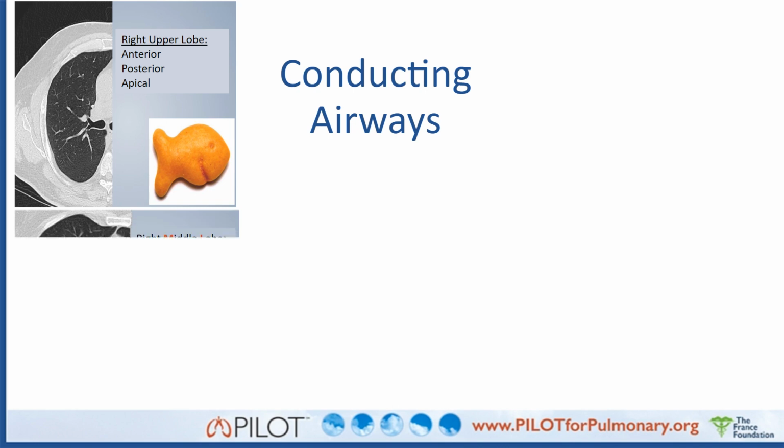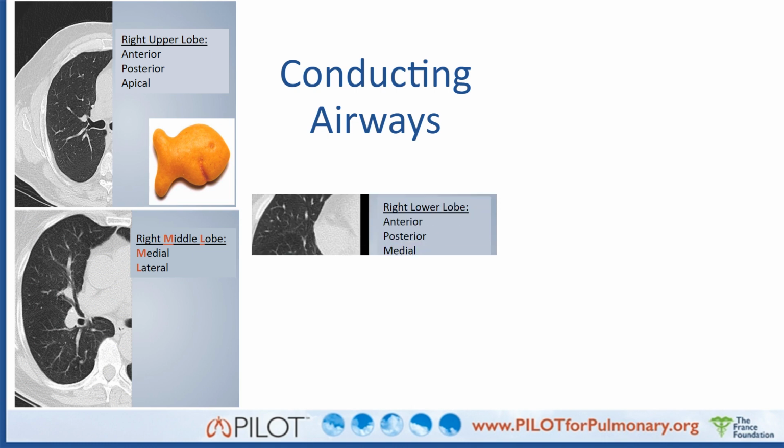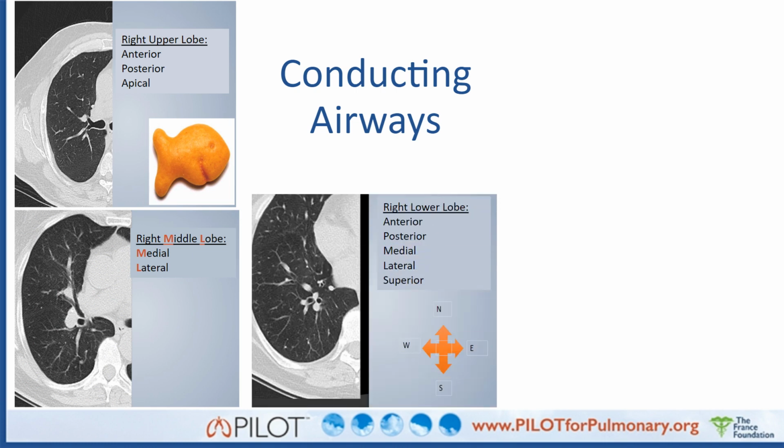In the right middle lobe, we have medial and lateral bronchi, which is helpful to remember because the initials of the right middle lobe begin with an M and an L, just like medial and lateral. When I think of the right lower lobe bronchi, they're kind of like a compass. There's the anterior branch like north, posterior like south, medial like east, and lateral like west, and coming up from the middle is superior. So there are 10 branches of the right